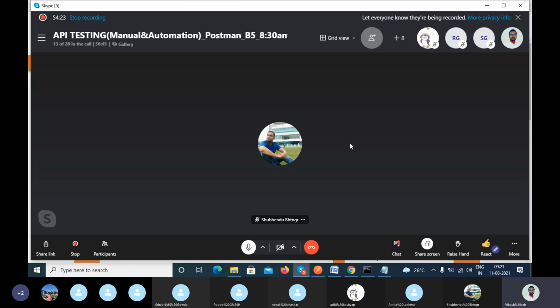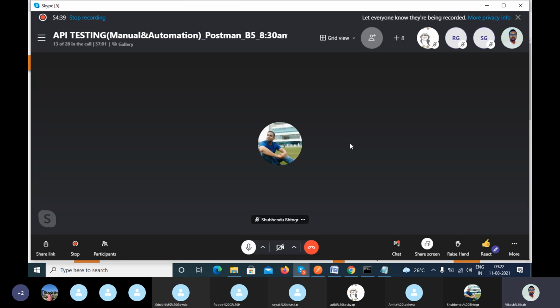So in childhood, we open the Facebook account and enter some random username and password and try to access the application, right? And the hacker is also doing the same, right?